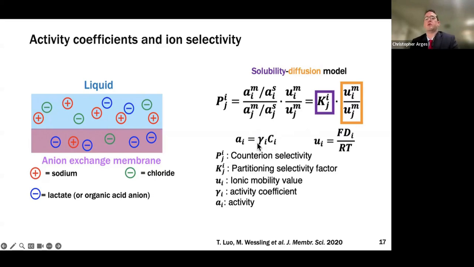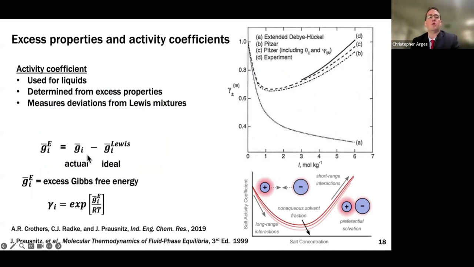And so what we're going to talk about in this section is really, how do we get these non-ideal coefficients, these activity coefficients? And so what are they, right? If we look at our change in Gibbs free energy, the actual one versus what we can calculate from the ideal, knowing the concentrations, the difference between these two values is known as the excess Gibbs free energy. That's the non-ideality. And once we know the activity coefficient, we can get the excess Gibbs free energy. It's this non-ideality that's wrapped up in this activity coefficient here.